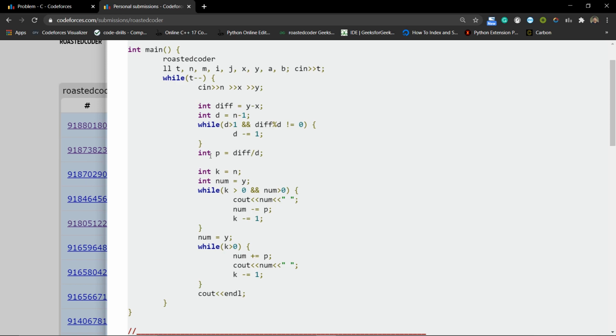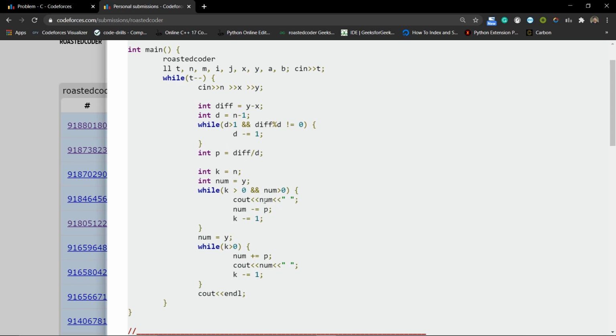Now the partition size will be this difference divided by the number of partitions, and this is simply the common difference of that AP. We will take k equals n, the number of elements we need, and we will take num equals y, and we will reduce num by this common difference until it is greater than 0.